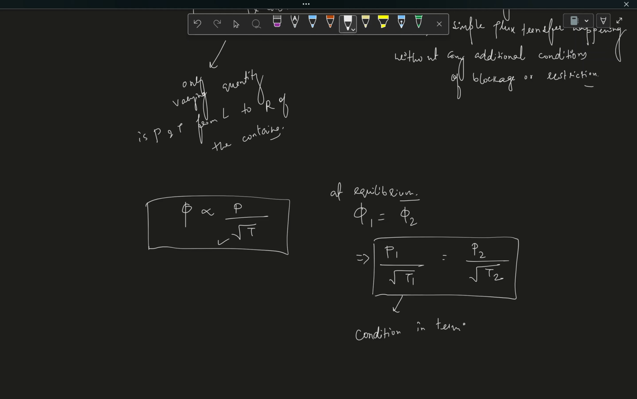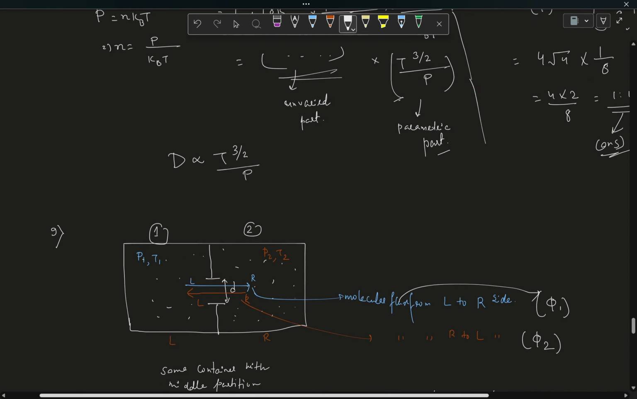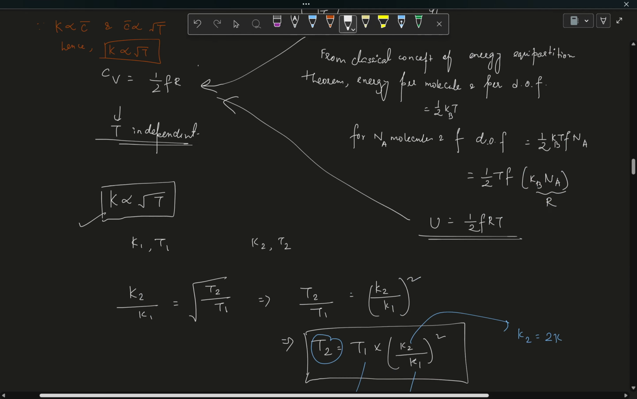in terms of pressure and temperature for equilibrium between both sides of the partition in the container, right? So this is done,